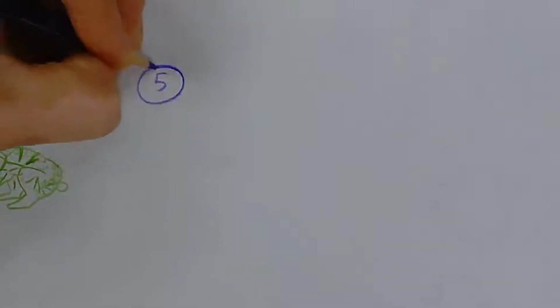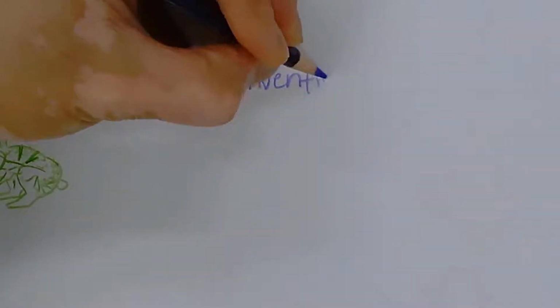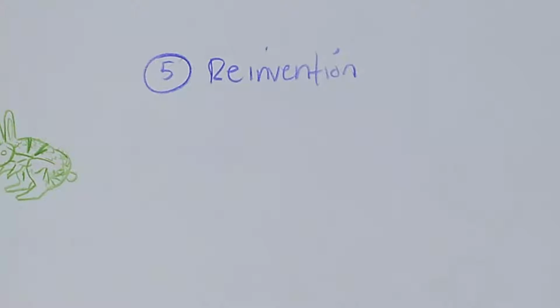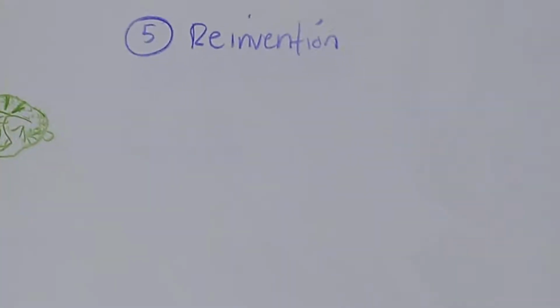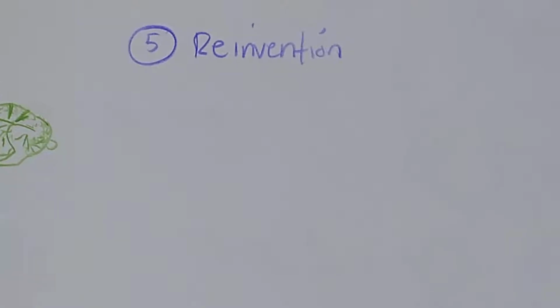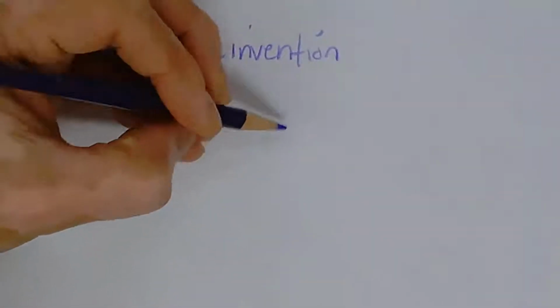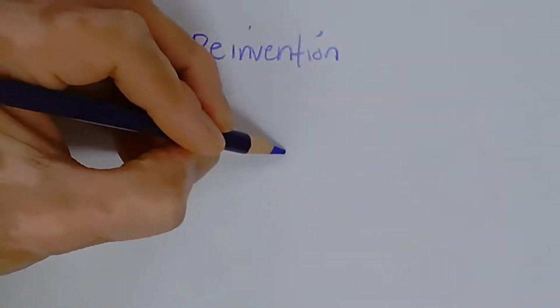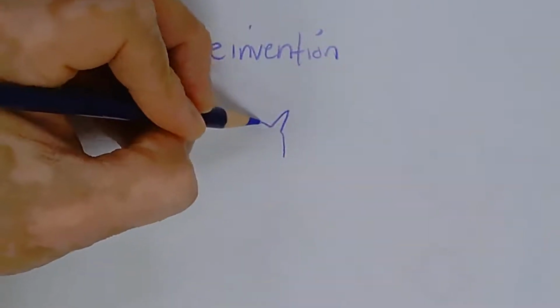Number 5. Last word we want to talk about is reinvention. A reinvention is playing Dr. Frankenstein. You take an animal or object and you get to redo it in some way. So, a simplified way to reinvent would be to take the upper half of something,